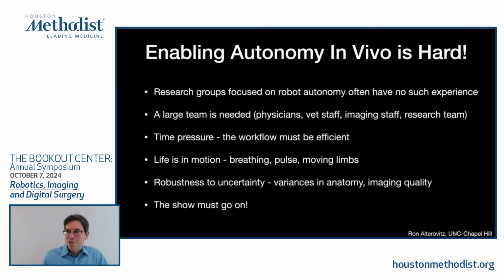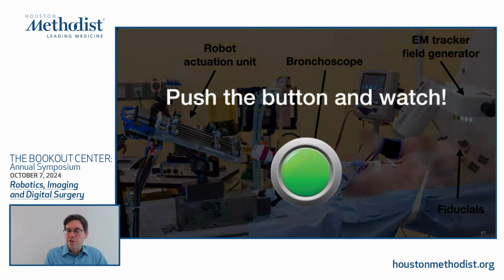And that leads to the final point, which is the show must go on. Unlike cases where you're doing things in simulation or on the benchtop, where if something isn't working you can pause it, rewrite your code, and improve it, in an in vivo setting there's a live animal there. The robot has to make a decision. It has to make a good decision, and it has to move forward. This is a critical part of making things move forward, because once we push that button, we sit back and we watch and we hope that the robot can succeed. So in this talk, I talked about some of the challenges that we face and how we overcame them to enable our lung steerable robot to work autonomously in vivo, and the various AI tools that enabled us to do that, hoping that we can push forward and push that automatic